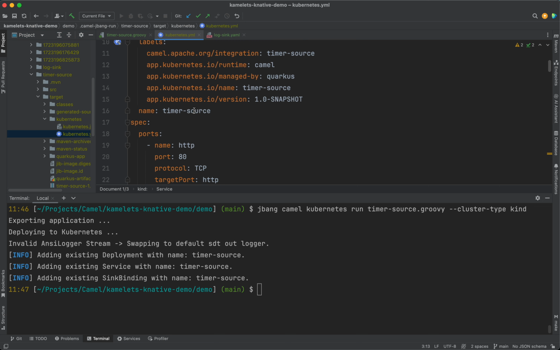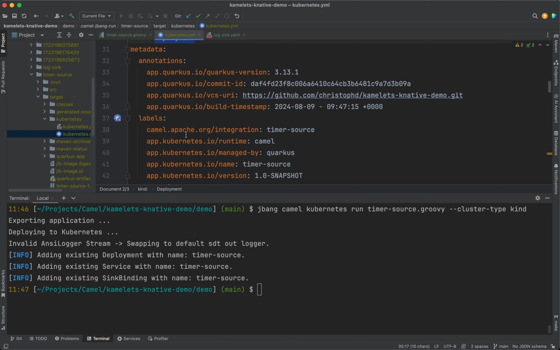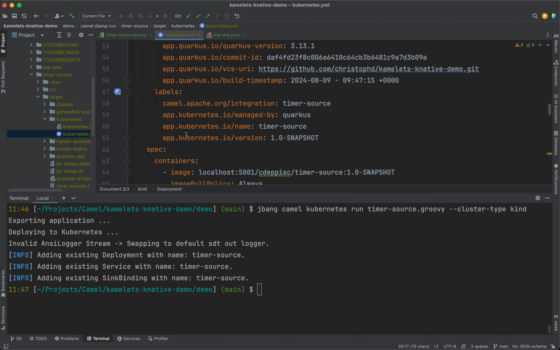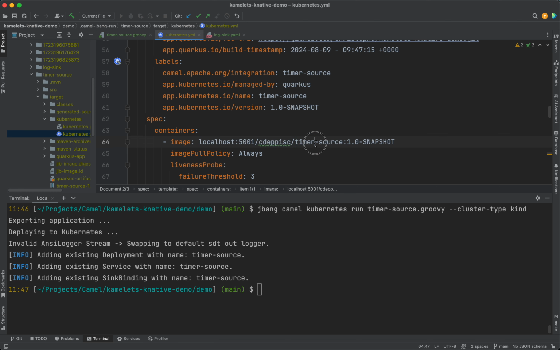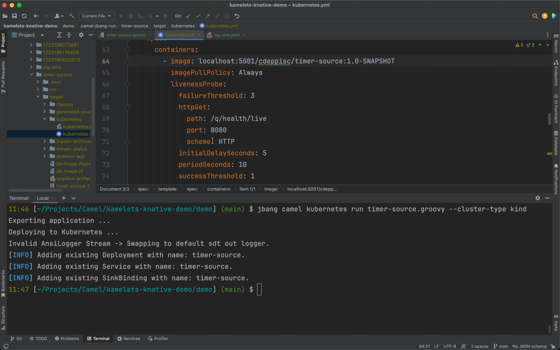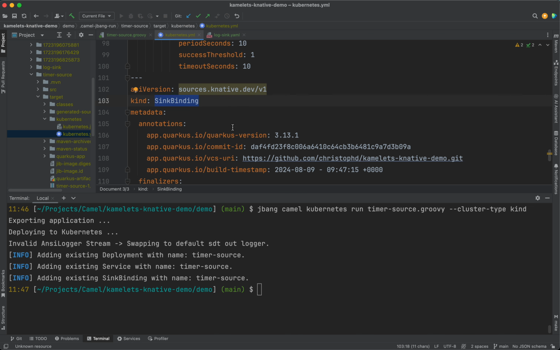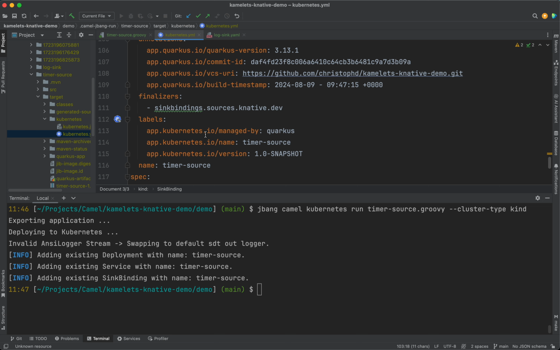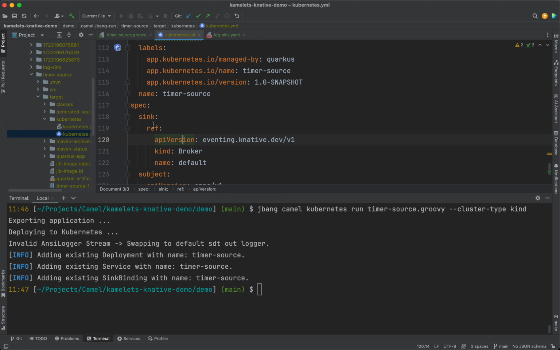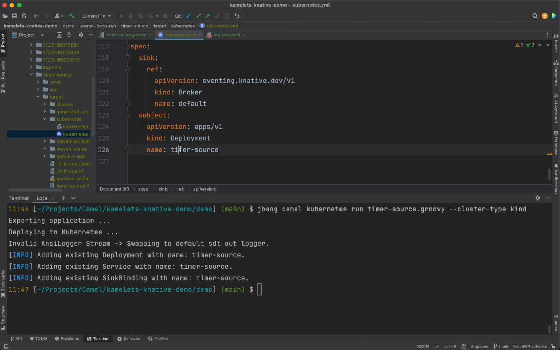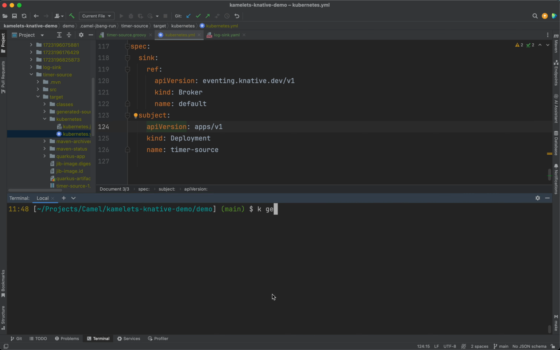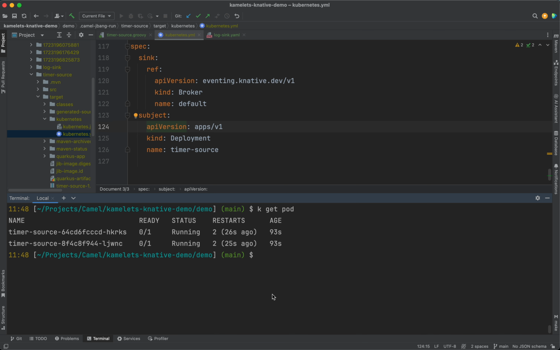We have a service generated, we have a deployment, and this deployment references the container image, and below we have this sink binding, and this is generated automatically from the Kubernetes plugin, and it uses the actual broker default reference, and gives the timer source deployment, and in this deployment we will have the endpoint injection enabled. So if I'm having a look at the running pods, we now have the timer source pods